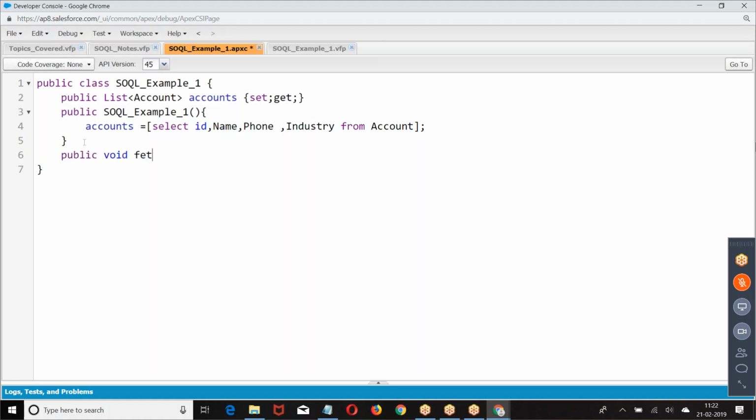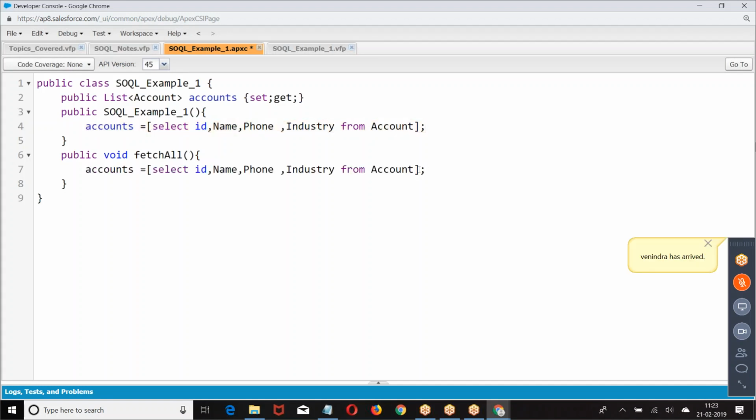Now I want to fetch all the records, including the records which are in the recycle bin. Get all the records, including the records which are in the recycle bin. The moment I say all rows, I am telling it to fetch all the records with the recycle bin also. When I write a SQL query, only the data in the database will be fetched. I want to get all the records which are deleted also. Then what do I have to use? All rows.